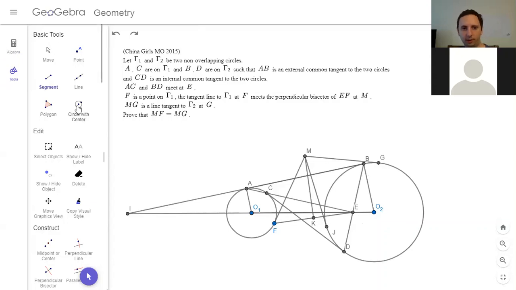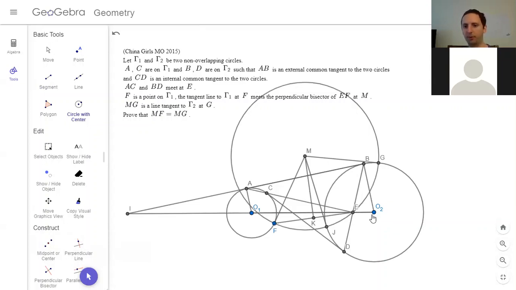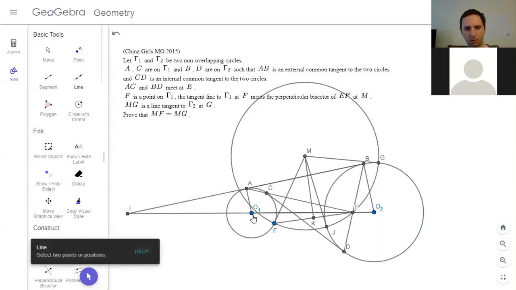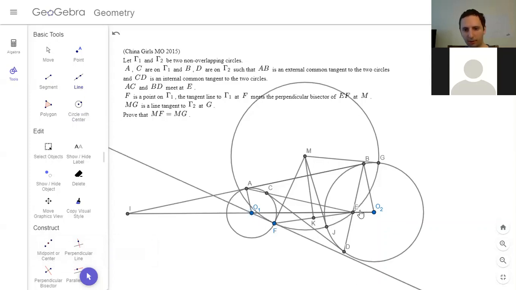So yeah, these circles would be orthogonal. If we draw this circle, it would be orthogonal. I don't know if there's some theorem about orthogonal circles that might be helpful. So O and F is tangent, and O to